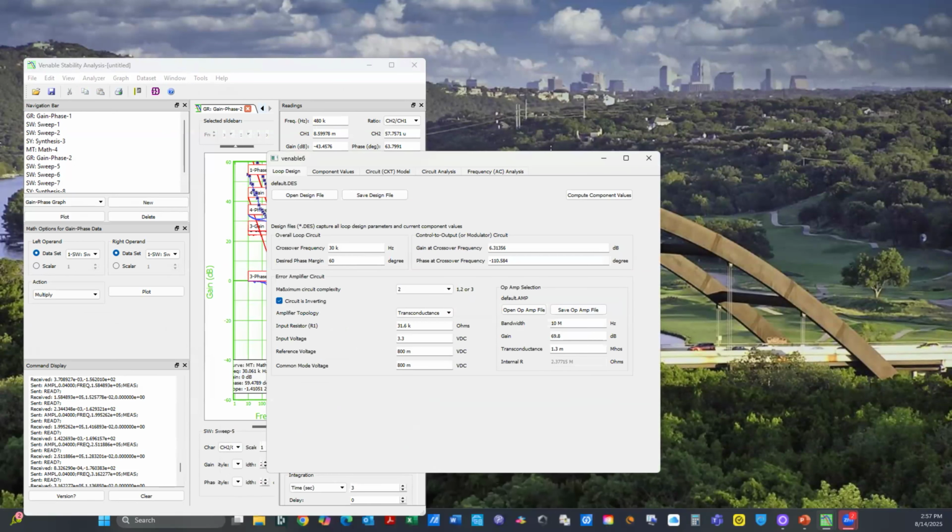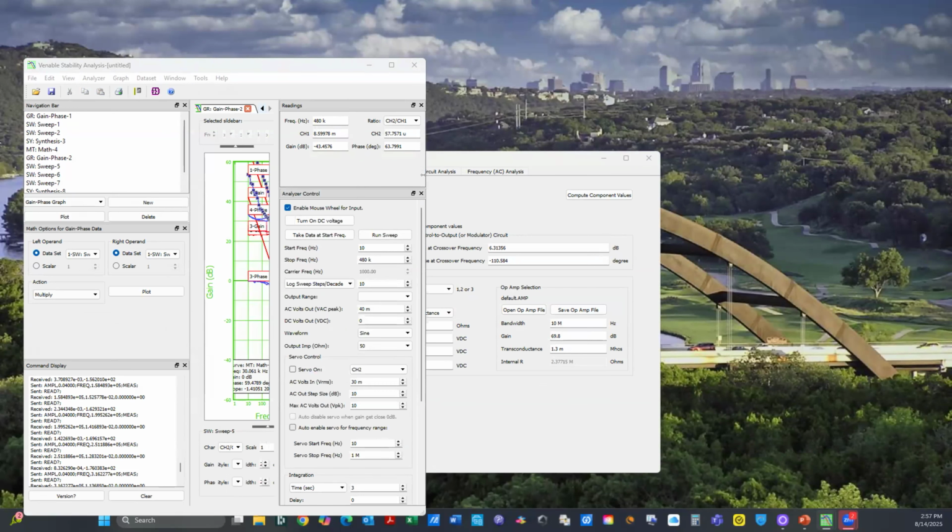Yeah. So what I went through was what you would do if you're designing. If you just want to look at it, you can just measure the